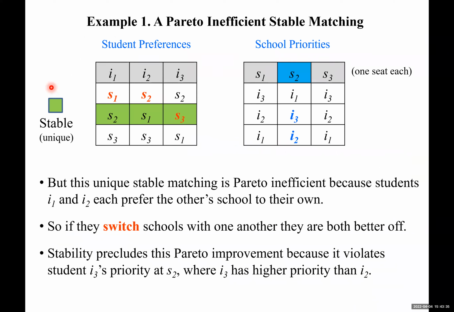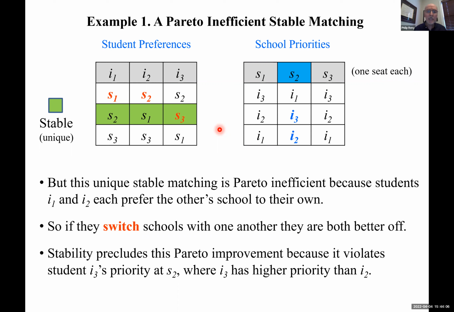So let's take a look at this example that we had a moment ago. This was an example of a Pareto improvement, the red matching over the green student optimal stable matching. It's a Pareto improvement, but it violates student three's priority. Student three's priority is violated at school 2. But I want to claim actually that this red matching is in fact priority neutral, because